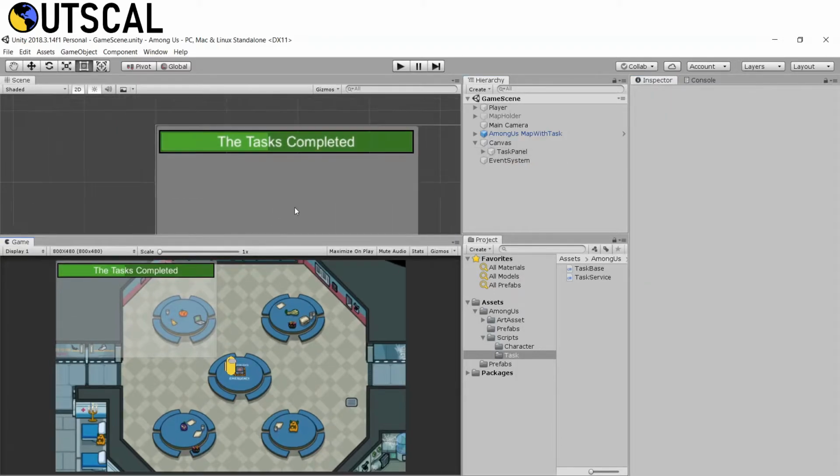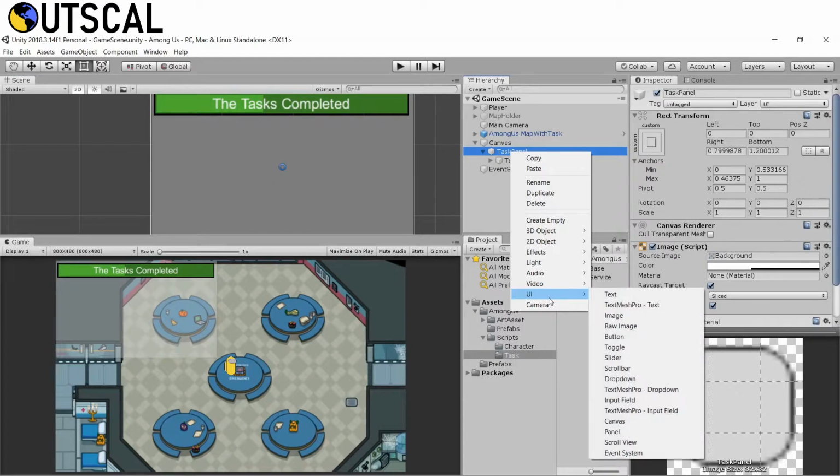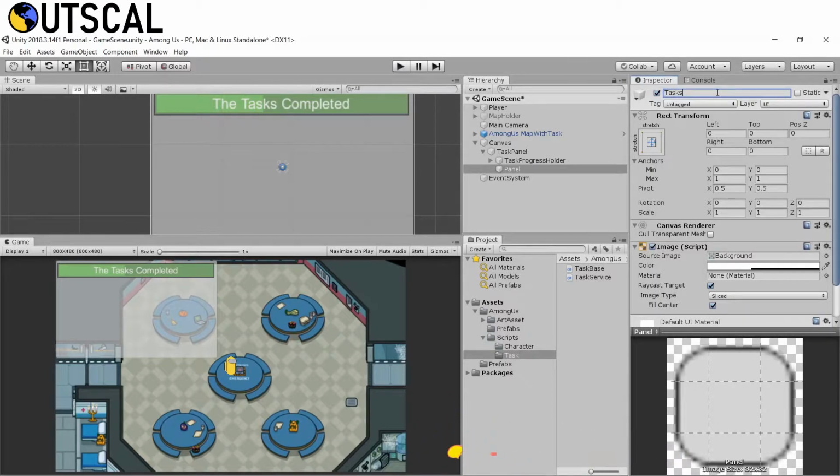Okay, and we also need to populate some tasks here, right? So what we can do is we can create one more UI panel, and we'll call this, let's say, task holder. I think it will be a vertical layout.